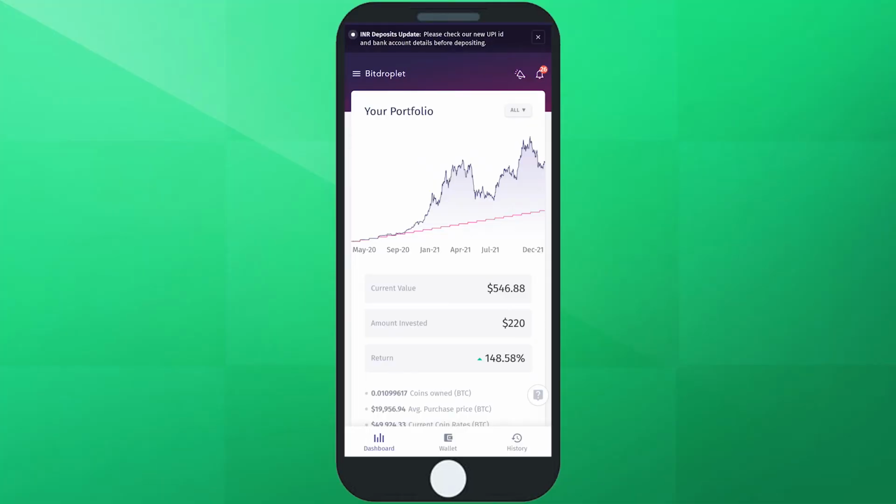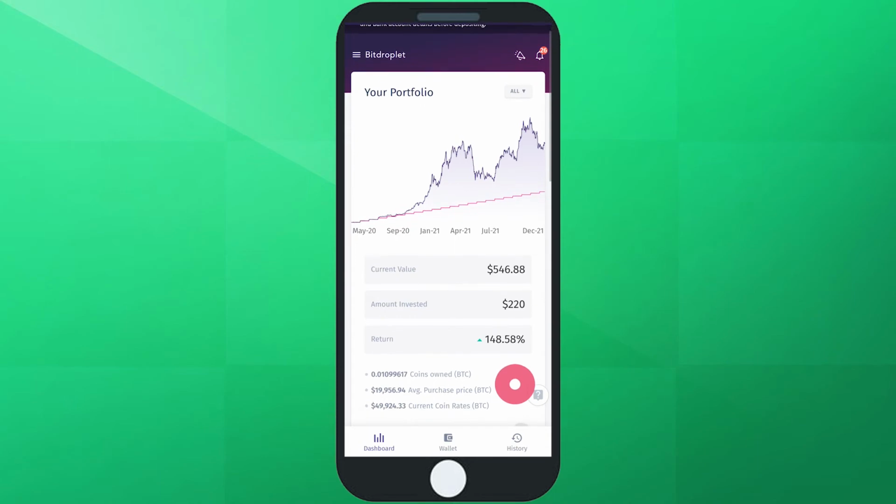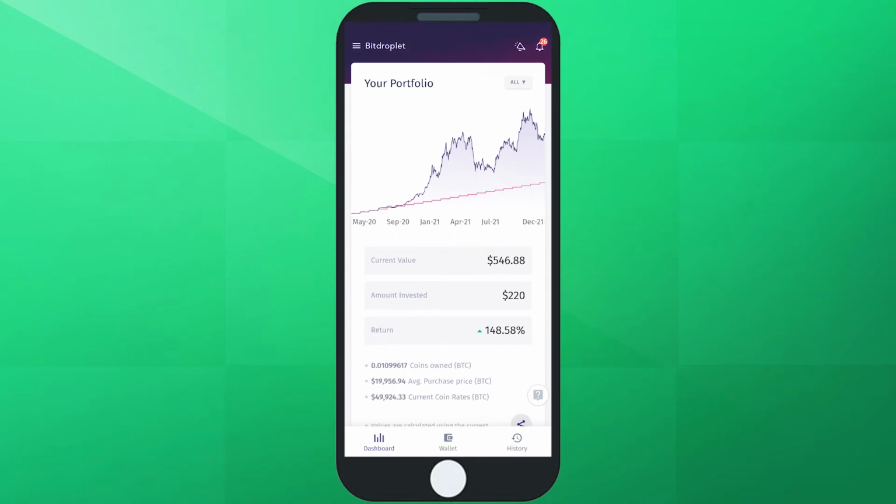Last year I started investing $10 every month in BTC. Currently the Bitcoin price is more than 25% down from its all-time high, but my DCA investment is still at 150% profit. The previous screenshot is from the Indian exchange Bitdroplet. At that time, the KuCoin bot was not available, but now the KuCoin bot is the better choice because Bitdroplet supports only a few coins, and here on KuCoin you can choose any coin of your choice.